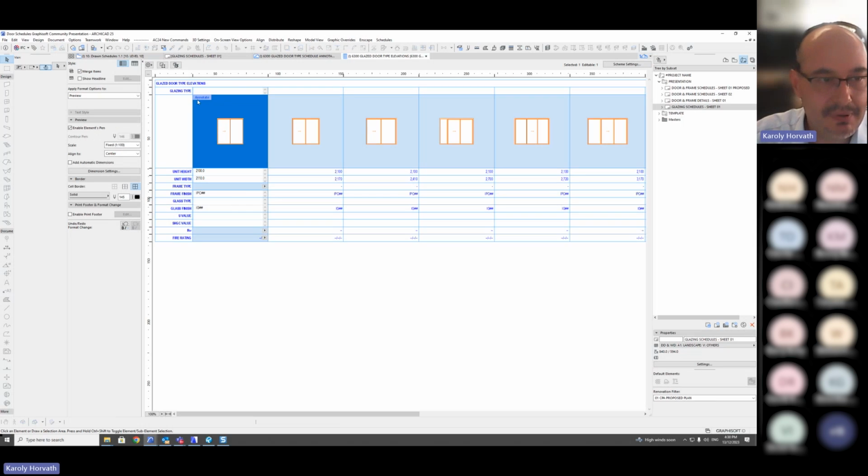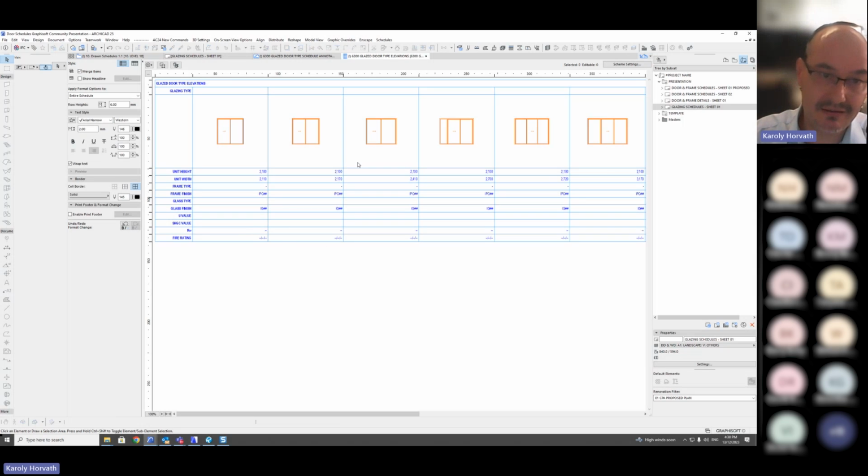But because I merged items and there are loads and loads of items in the model, if I just add the annotation in and anything changes, there's a risk that I'm going to lose all that annotation, which is not good, especially not at the end of the project when we just want to publish our schedules and you realize that, oh, some of them disappeared. So far, the best idea I could come up with is that I go back to the